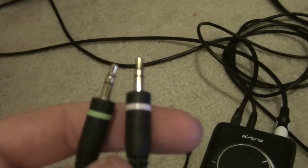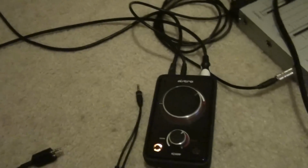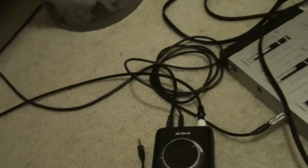And then, in addition to that, there's another quick disconnect cable that comes with the headphones. And this quick disconnect cable has, guess what, green and pink on it, in case you were using it with a PC. And then of course on the other side of that is the quick disconnect itself. Okay? So what we're going to do is